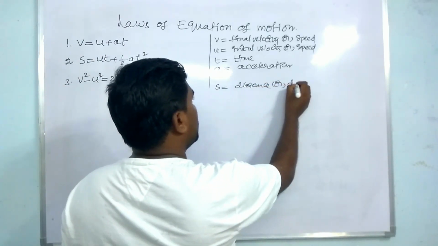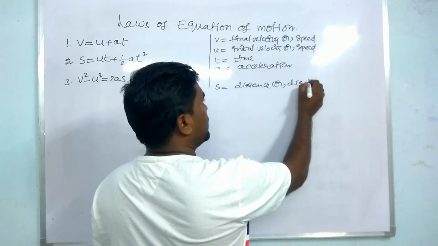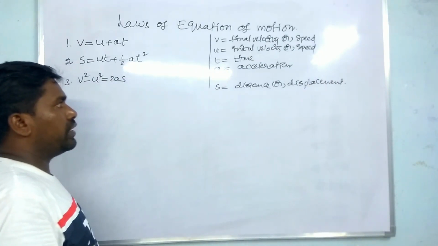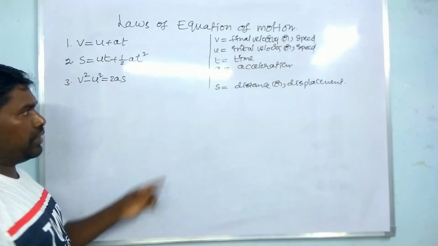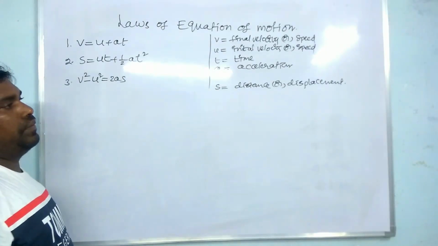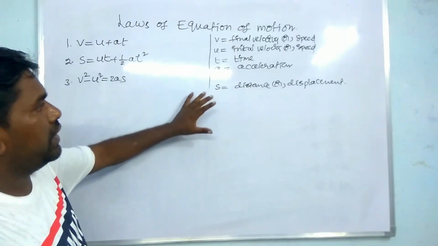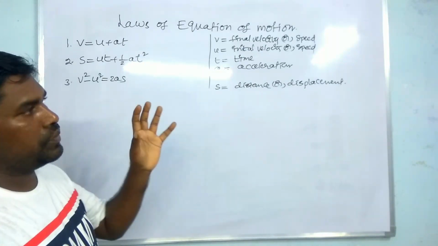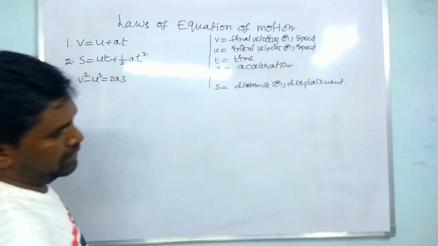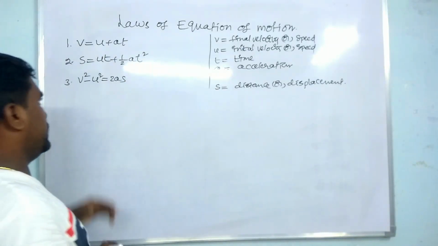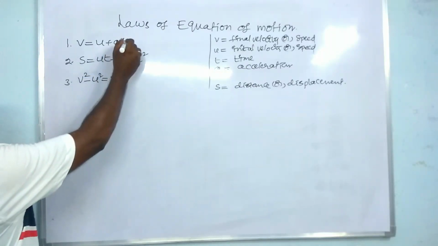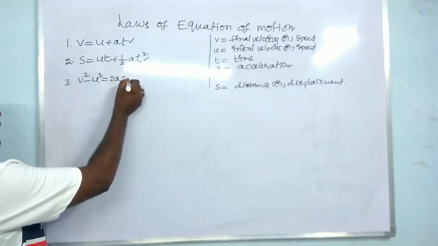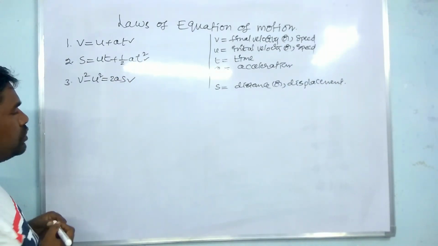displacement. So in our first video we discussed distance and displacement, both are different, but in this case why can you write that distance and displacement are same as S? Because mathematically they are equal here, and we can physically explain the distance and displacement are different in these cases. Right. How can we derive V is equal to U plus AT and S is equal to UT plus half of AT square, and also V square minus U square is equal to 2AS?